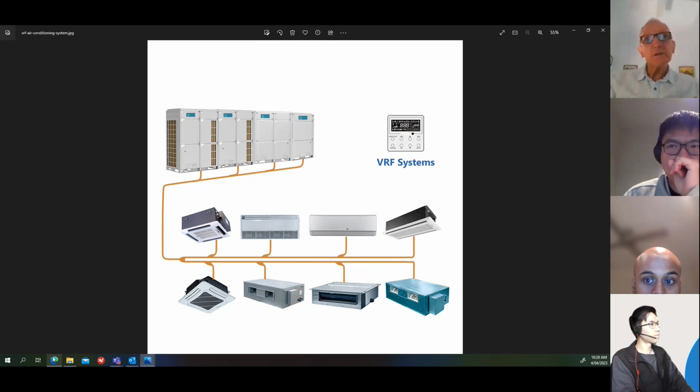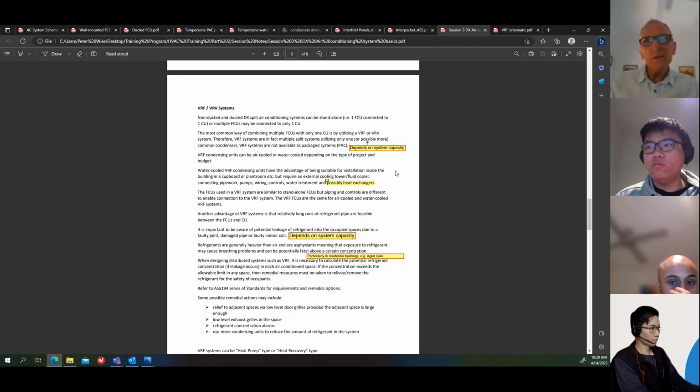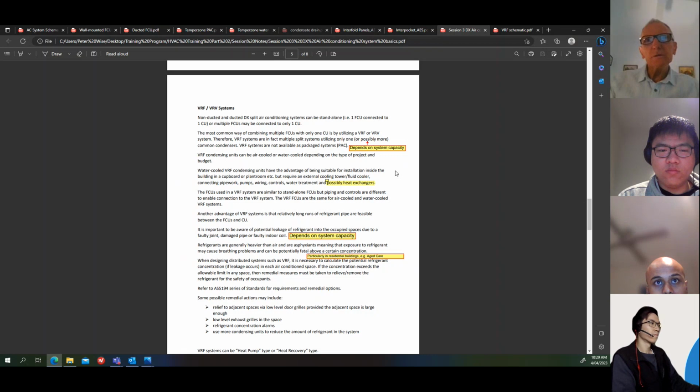VRF condensing units can be air-cooled or water-cooled, depending on the type of project and the budget. Water-cooled VRF condensing units have the advantage of being suitable for installation inside the building in a cupboard or a plant room, and that's quite common to do that. So once again, you're talking about a comparison if you've got a very big building and you have a lot of condensing units required,